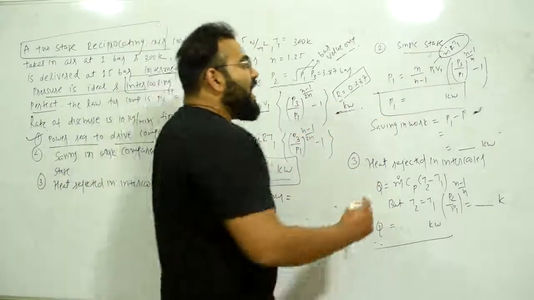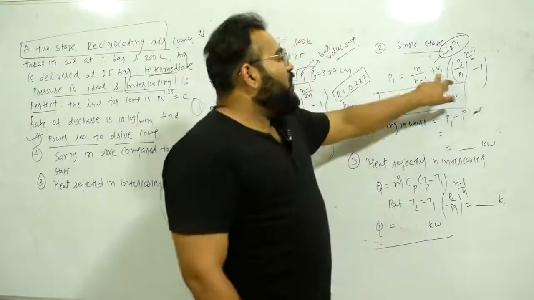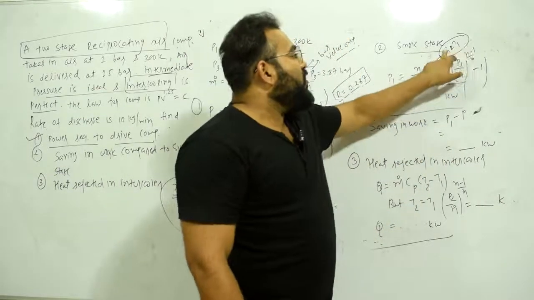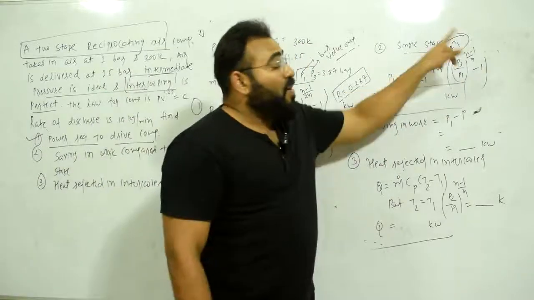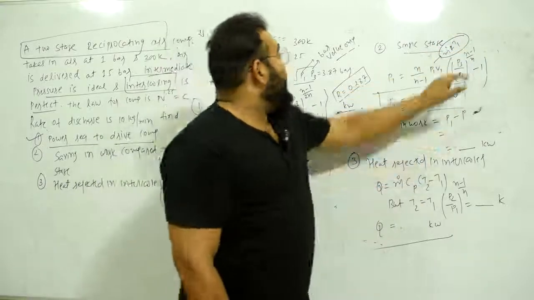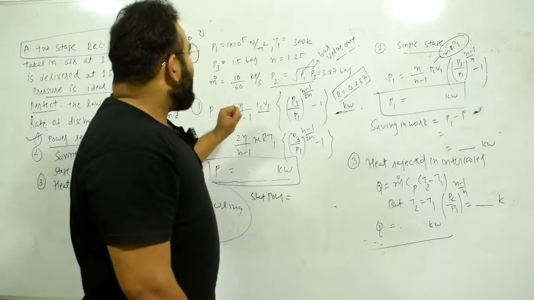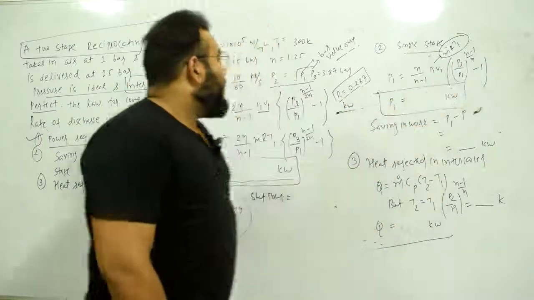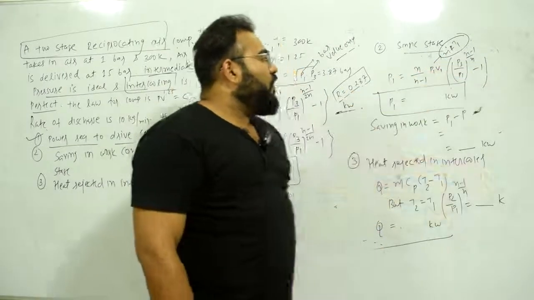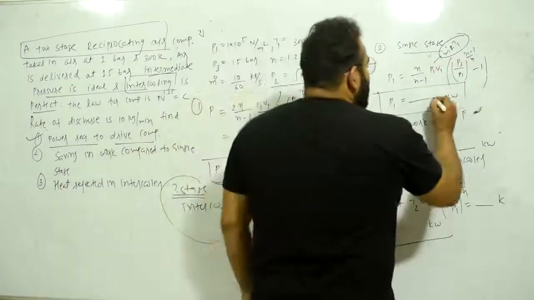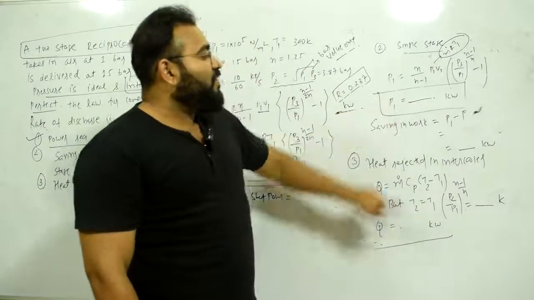Now, instead of P1 V1, because you do not have the volume value, you write m R T1. You have the value of mass flow rate, which is 10 upon 60, R is 0.287, T1 is 300, final pressure P3 is 15, P1 is 1 bar, n is equal to 1.25. Put that value and give me your answer in the comment section. So P1 equals this many kilowatt. This is the power required for single stage.